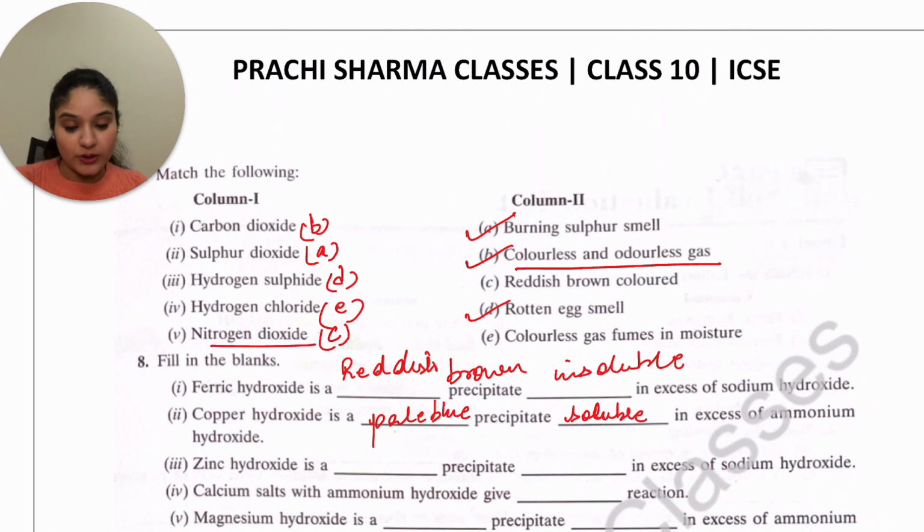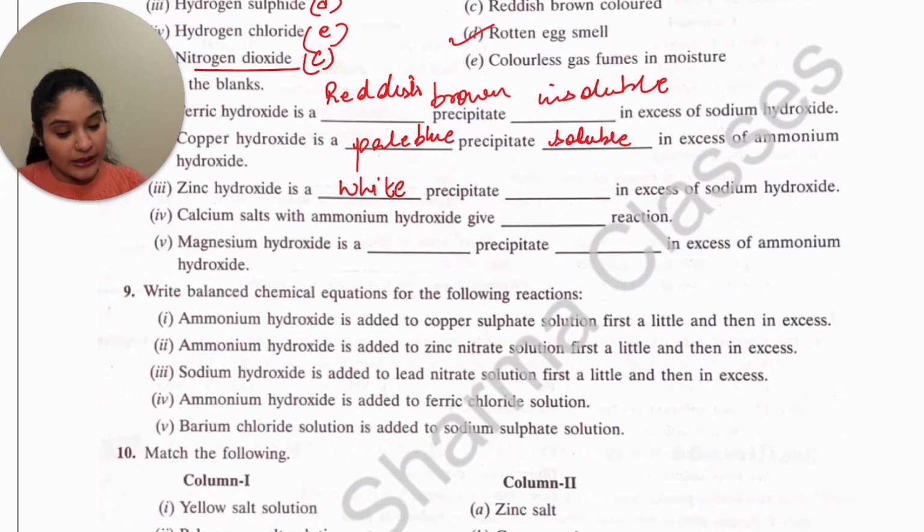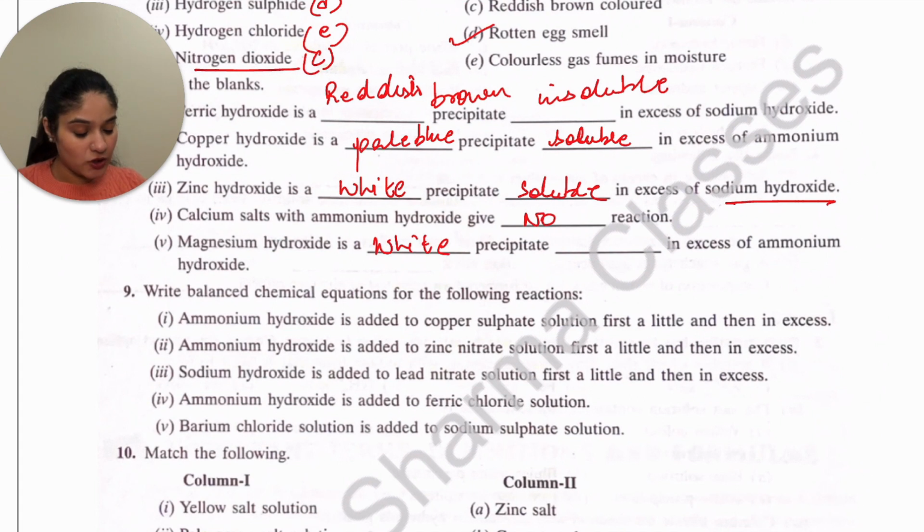Then third is zinc hydroxide. Zinc hydroxide is a white PPT. So zinc hydroxide is a white PPT, and that is also soluble in excess sodium hydroxide. Now calcium salts with ammonium hydroxide give no reaction. Magnesium hydroxide is a white PPT, and in excess ammonium hydroxide, that is insoluble